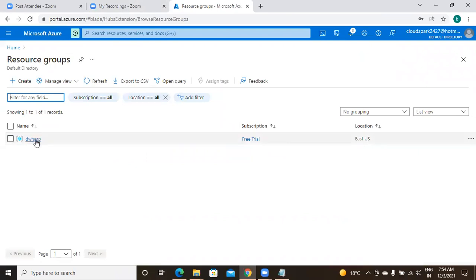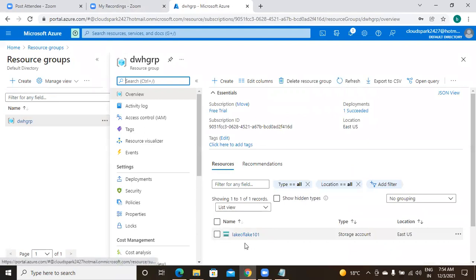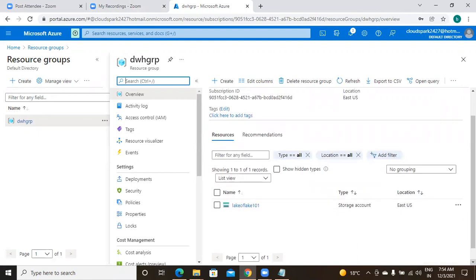Click on that resource group, and it will show you all the resources you have. I have only one resource now, that is lake of lake. The type is storage account. Storage account means that is data lake Gen 2. Okay, first let me enter into this.